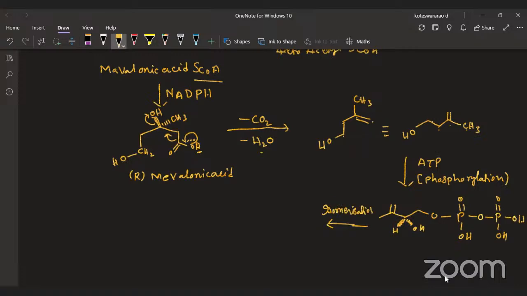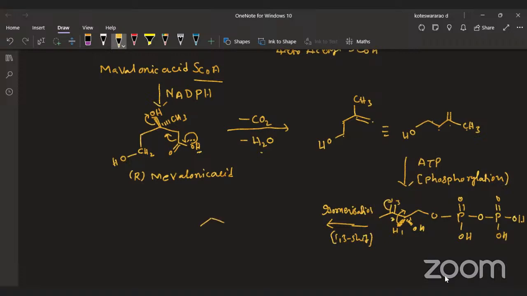This beta hydrogen pair of electrons is donated here. Now this pair of electrons is donated here. That is, we can number it 1, 2, 3. Now this is called a 1,3 shift, a 1,3 shift reaction. Now it leads to the formation of